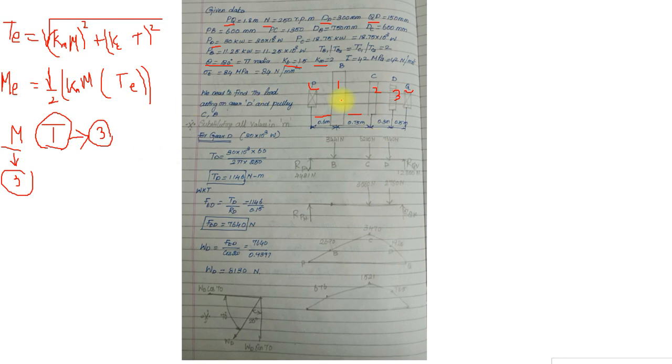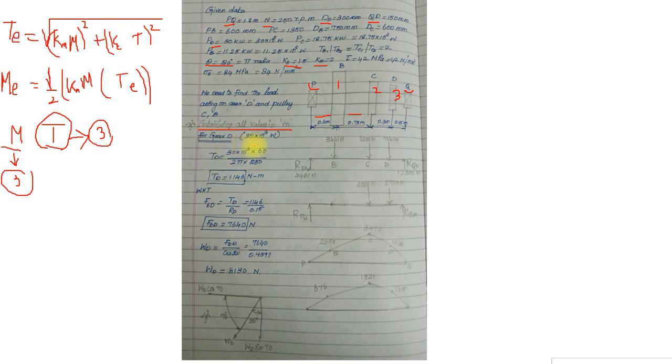Okay, so we need to find the load which is acting on the gear D and the pulleys C and B. So here, in order to reduce the size of the values at the end, I have substituted all the values in meters, even though they have been given in millimeters. Only for my convenience, I have converted all the values into meters. Okay, let us find what is the total load acting on gear D.